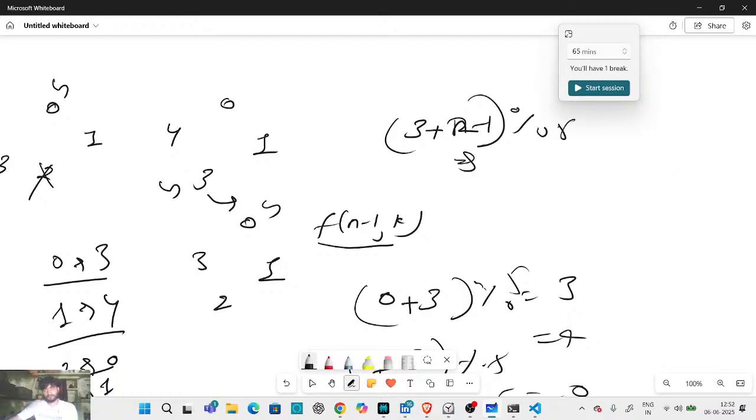This is minus 1. And here 0. If we want to map 4 to 1, which is like 4, 3 minus 1,